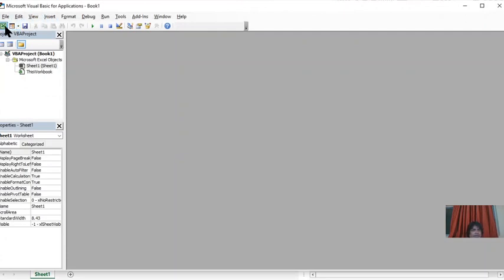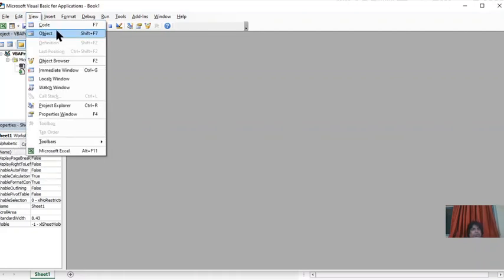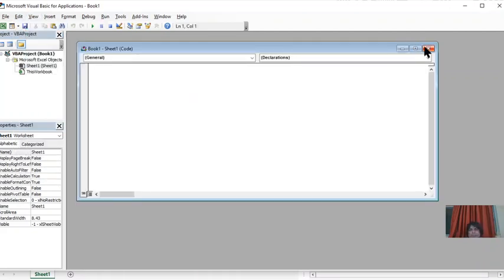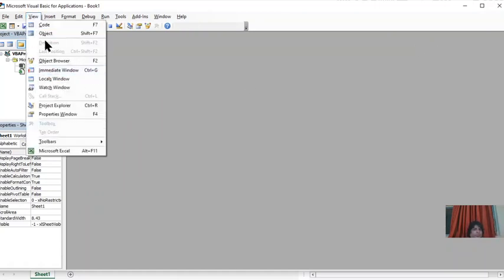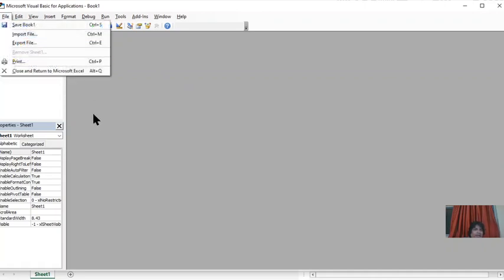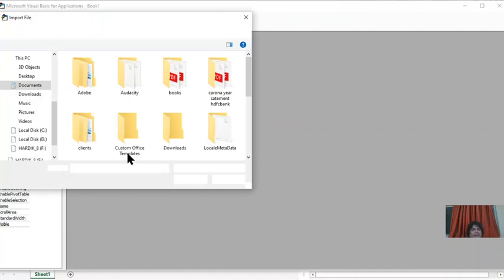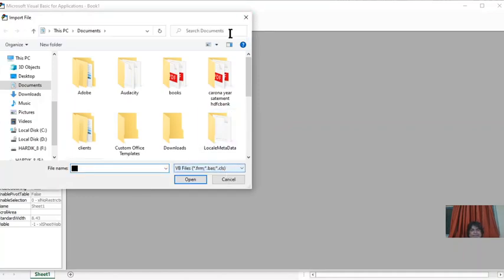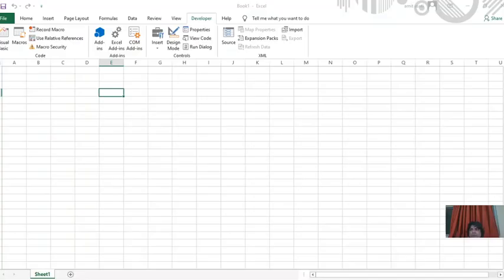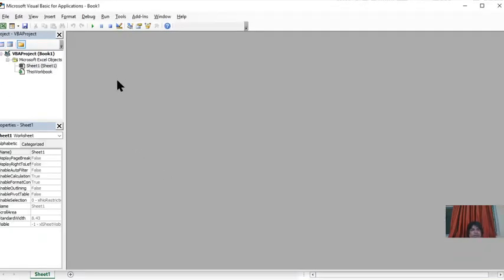In the Visual Basic editor, there is Microsoft Excel, and File, View, New, Code Window, Book 1, View Code, Objects, Immediate Window, Project Explorer. In File, there is Export and Import File. Can we import the file here? Only VBS, CLS, VB files are coming, so there is no data in this. And when we run this, no code is coming like this.